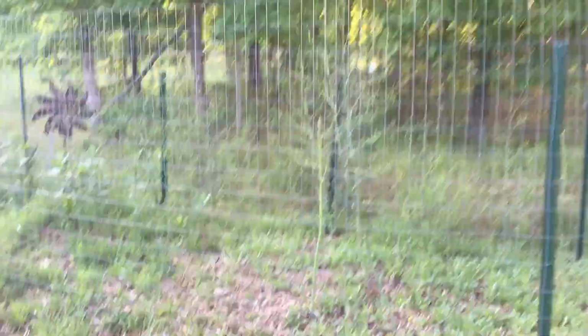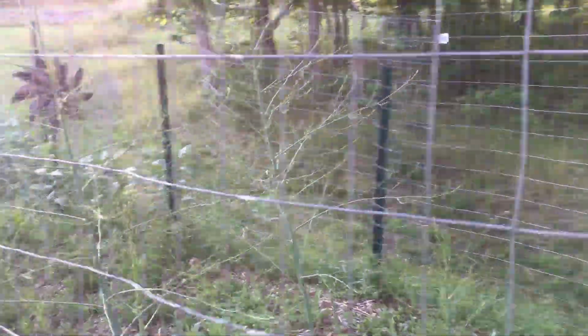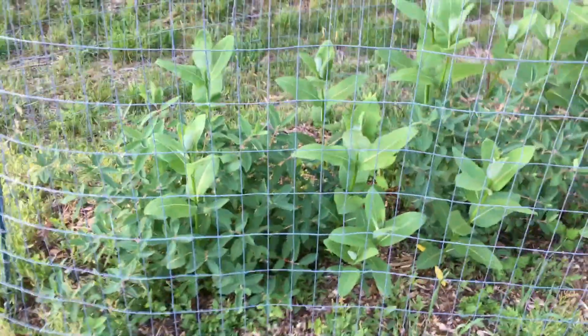This is our asparagus area, which I have fenced off. But hopefully you can see the frilly asparagus in there. Got one that's pretty small, and we munched on a little bit of this year. But I'm letting most of it grow to get thicker and stronger roots. Got some milkweed over here for the butterflies, growing around our haskap or honeyberry plants,